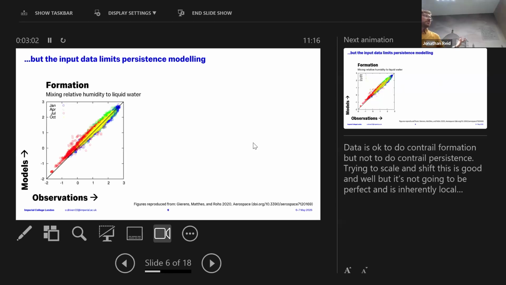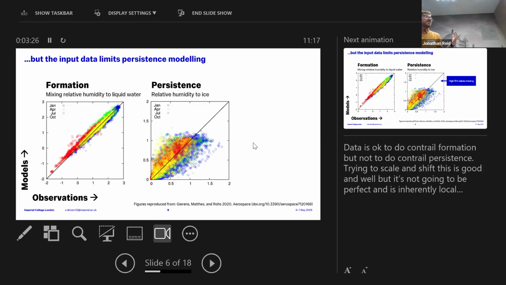So let's look at the two different parts of that contrail persistence criteria that we determined. For formation, it's fairly straightforward. When we compare the relative humidity to liquid water, things line up reasonably well. And we can apply this threshold, and it works to model whether a transient contrail or a contrail is going to form at all during the mixing phase.